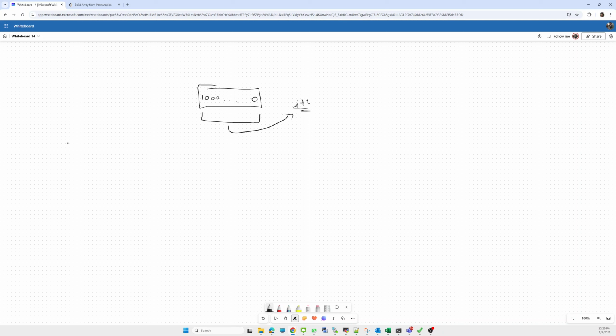Now, if we update the current index, then how can we fetch? So our intuition is that whenever we update, we try not to disturb this range.